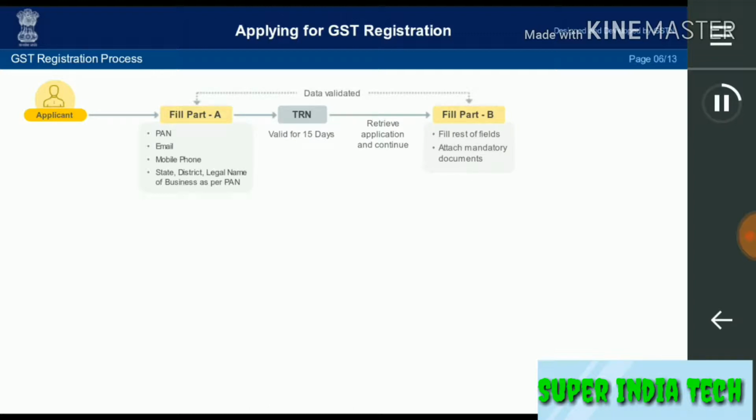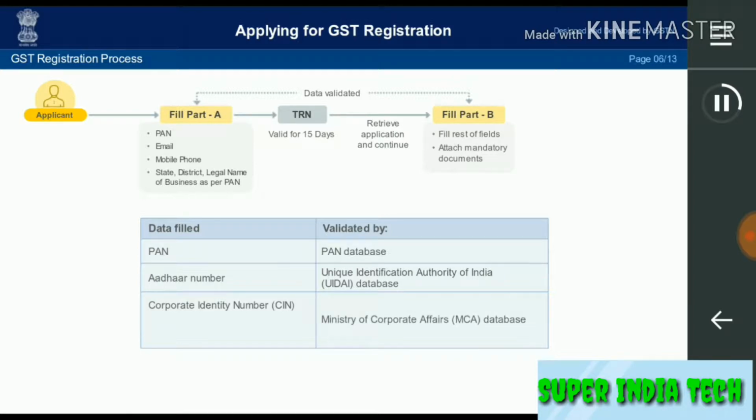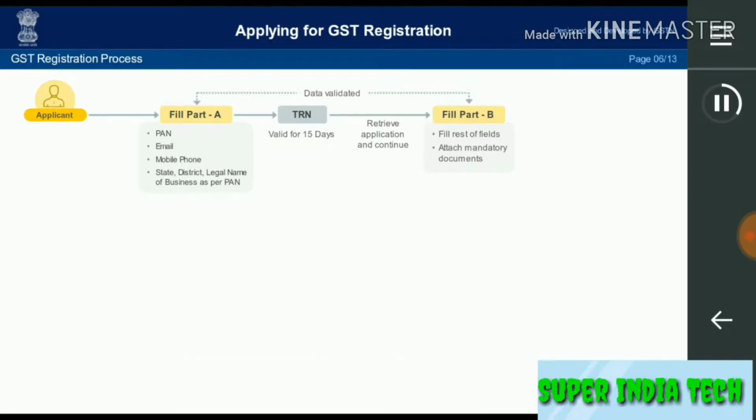Data filled is automatically validated at this stage. PAN is validated from the PAN database, Aadhaar number from the Unique Identification Authority of India (UIDAI) database, and Corporate Identity Number (CIN) from the Ministry of Corporate Affairs (MCA) database. If the Director Identification Number (DIN) is also provided, it will be validated from the MCA database too. Successful submission of Part B generates an application reference number (ARN) which is sent to the taxpayer by